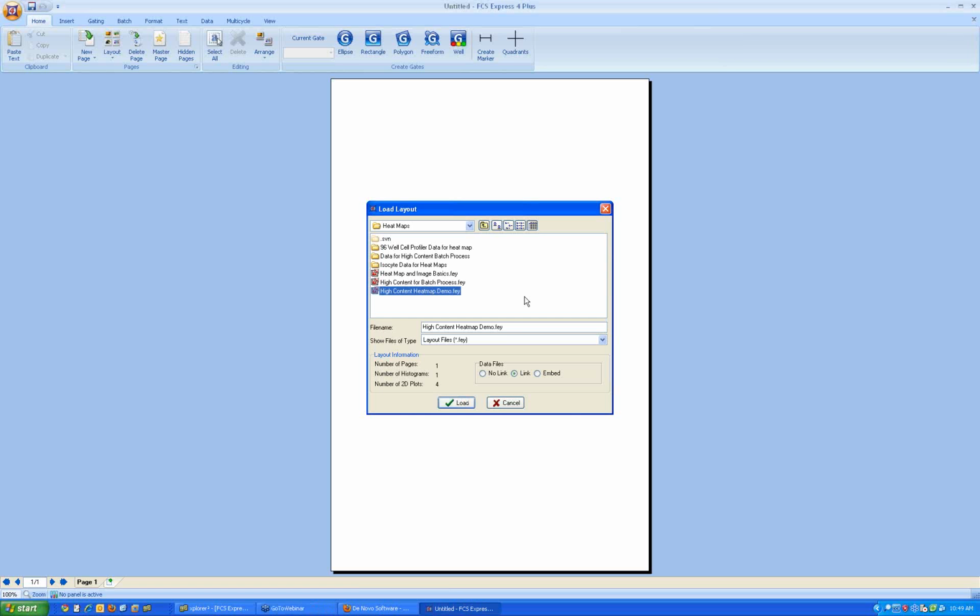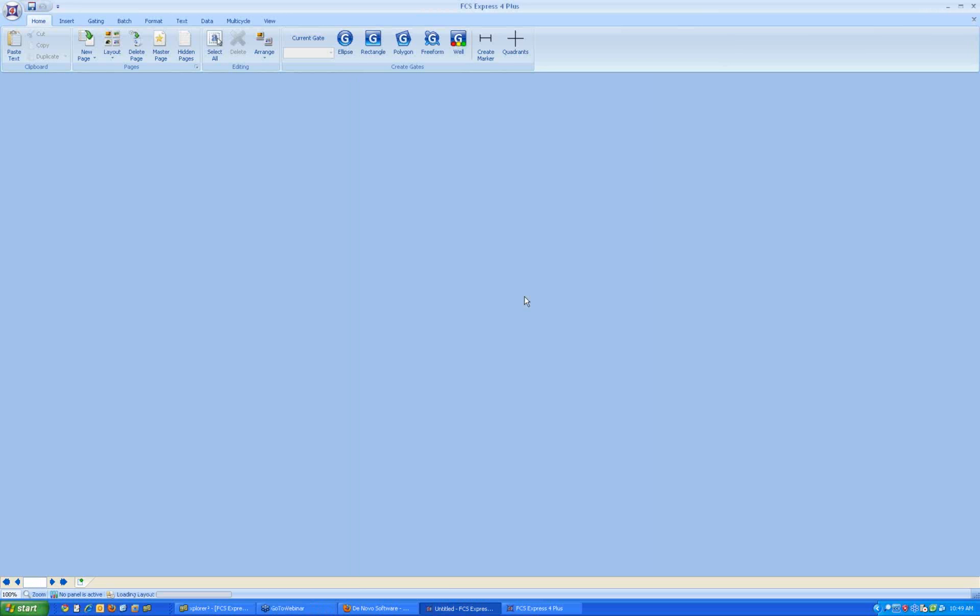It works with any flow cytometer that has a high content module: the BD high content, the Quanta, the Eclipse by Sony, the Guava instruments, the Accuri with its high content reader, the IntelliCyt. Anybody at this point who we know of that has 96 well plate format possible, we've made ourselves compatible so that we can read their